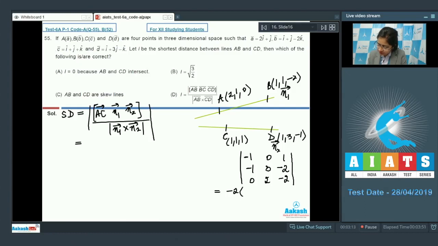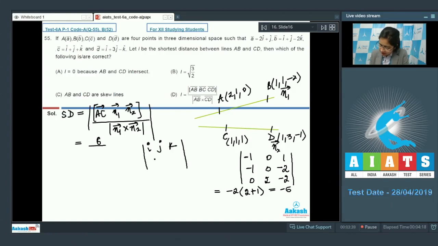Minus 2 into 2 plus 1, so that is equal to minus 2 into 3, that is minus 6. So we are taking its modulus, so that will be equal to 6 upon |n1 cross n2|. Now we have to take